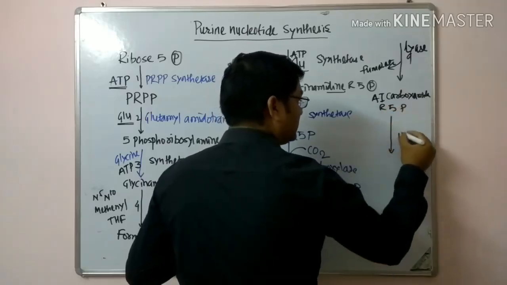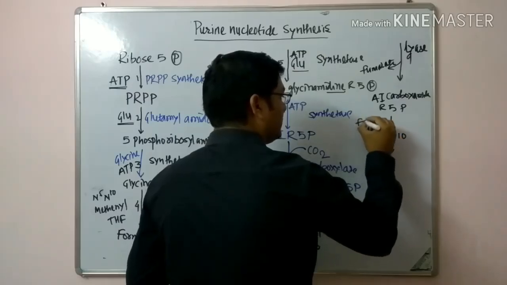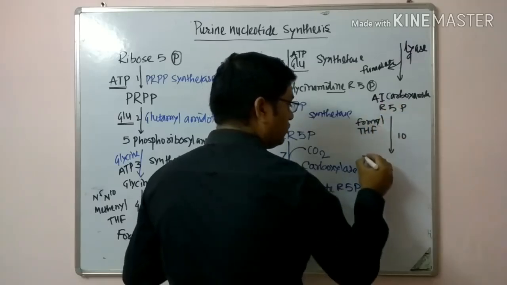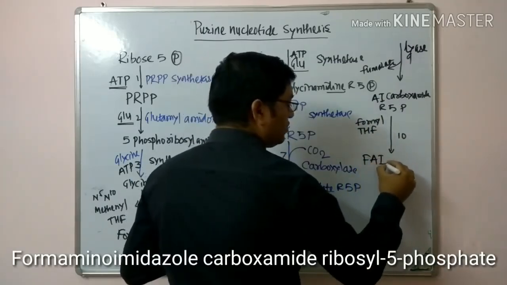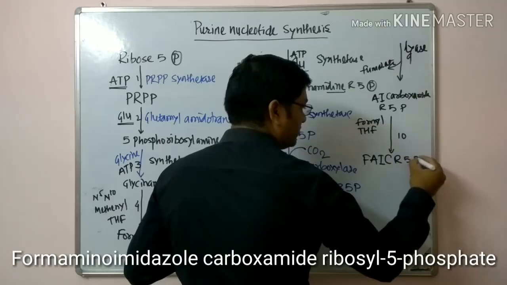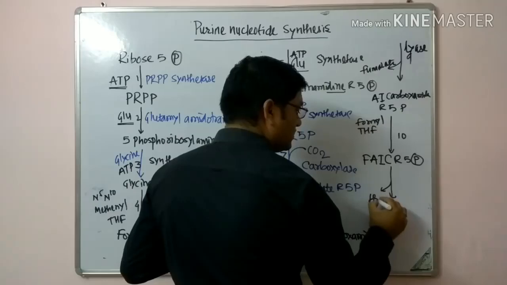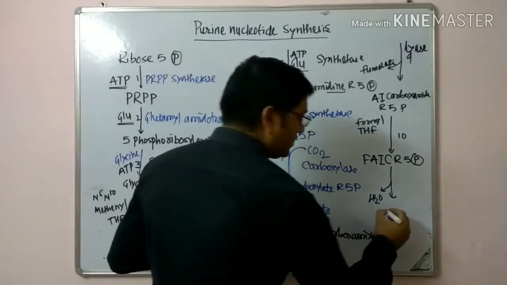In the 10th reaction, there is addition of formyl tetrahydrofolate, and this is converted into formamido imidazole carboxamide ribosyl 5-phosphate. In the 11th reaction, there is release of a water molecule, and this compound is converted into